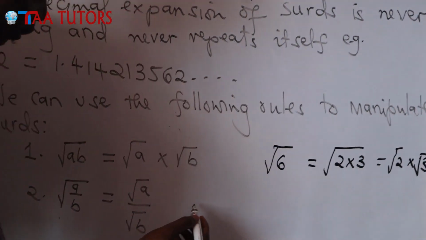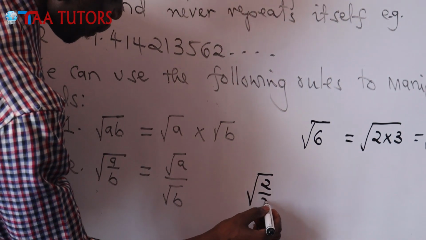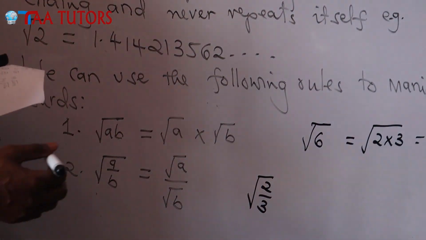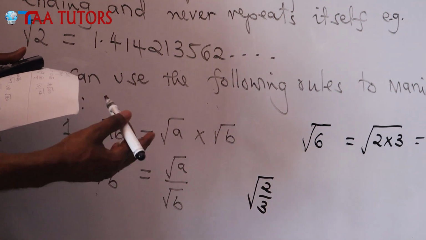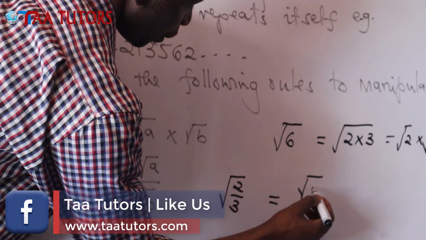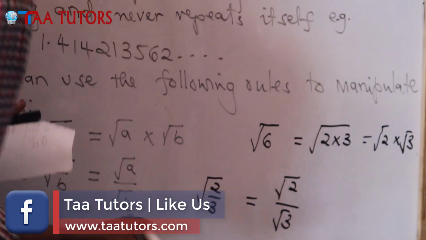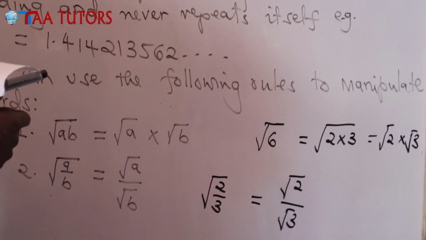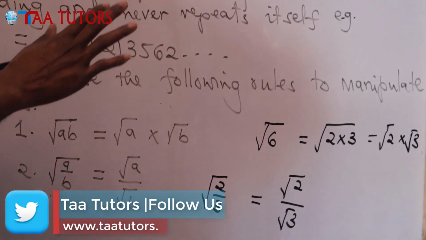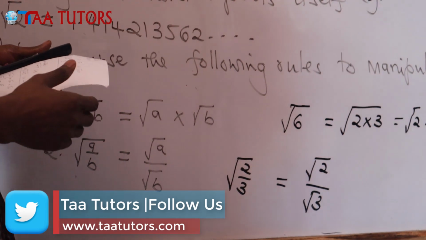Another thing we can also have is if we have a surd of 2 divided by 3. If you have a surd of 2 divided by 3, surd 2 over 3, that can be written as the surd of 2 divided by the surd of 3. So those are some of the rules we are going to use in our ways of determining the required result